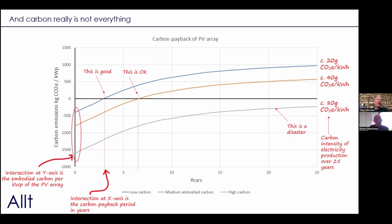And these figures don't include batteries either. Batteries have very poor data on their embodied carbon. In fact, if anyone has any good data, please do let me know. And in a domestic setting, you may never have carbon payback, given in the absence of battery storage, the excess